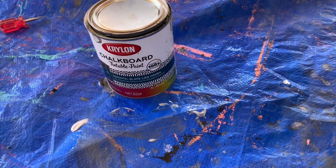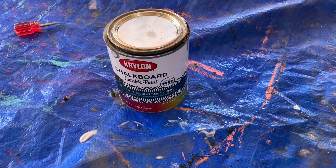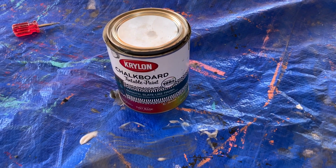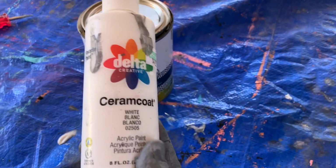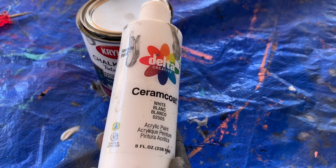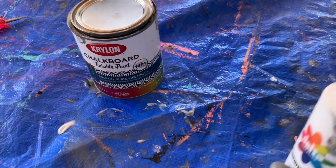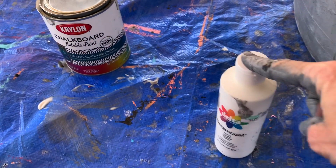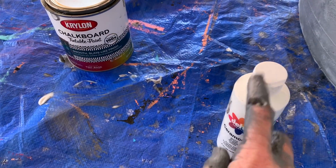I didn't want to go back to the hardware store because I'd already been back once today to get more spray paint, and I just don't want to go out again. It's too hot right now. So I used what I had, and I have this white craft paint hanging around that I've had for a while. Because I knew this wouldn't be enough to cover this entire tub, I mixed this with that just to kind of